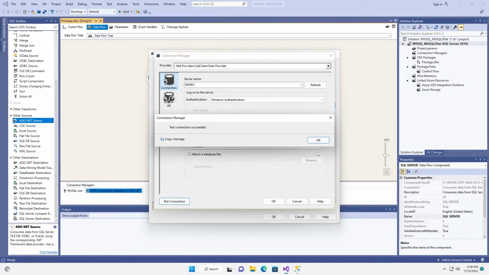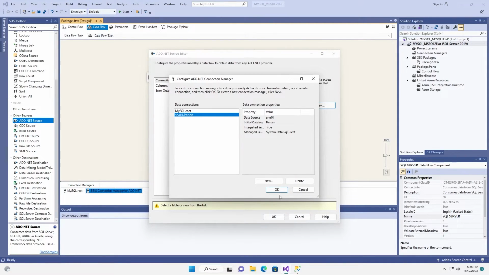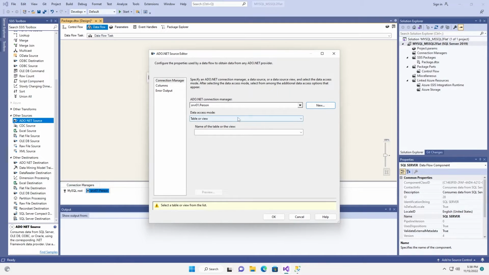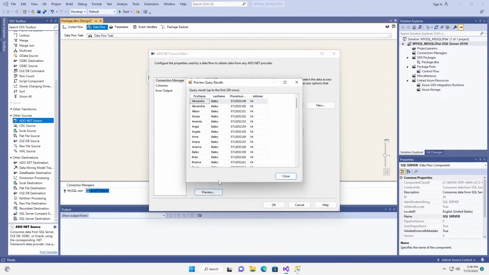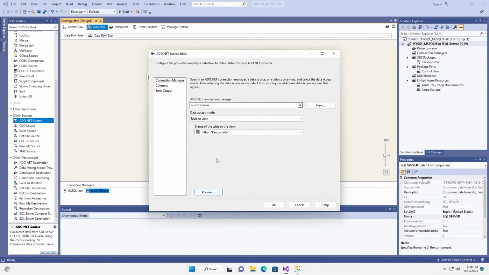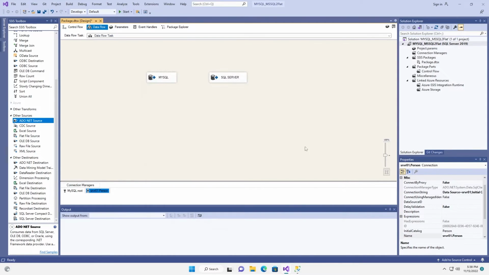You can check your connection. Connection succeeded. Yes, okay. Now you can choose your table from here. In the same way you can use an SQL command, or you can use the table directly. You can choose the table. You can check preview. Yeah, you can see the records from here. So let me close it.